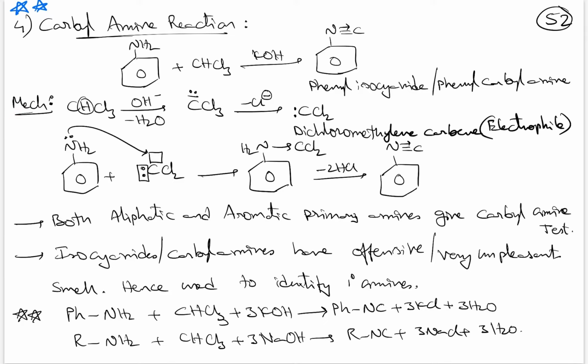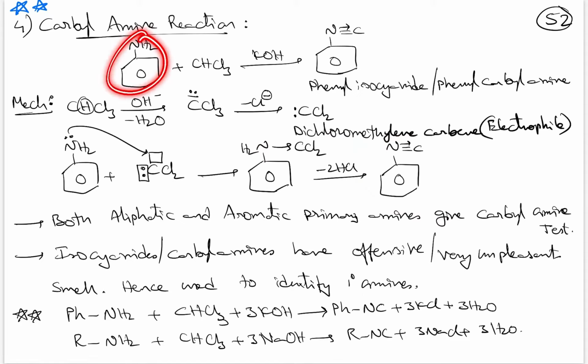The mechanism is also very important for this reaction. You take the chloroform, which has an acidic hydrogen; it will react with OH minus, which goes out as water, and forms the carbanion, from which Cl minus will be removed, and you will get a carbene intermediate. Now this dichlorocarbene intermediate has one orbital with a filled electron pair and another orbital vacant. Into the vacant orbital of dichlorocarbene, aniline will donate its lone pair and form an addition compound, and then there will finally be removal of 2 moles of HCl, resulting in the formation of isocyanide.